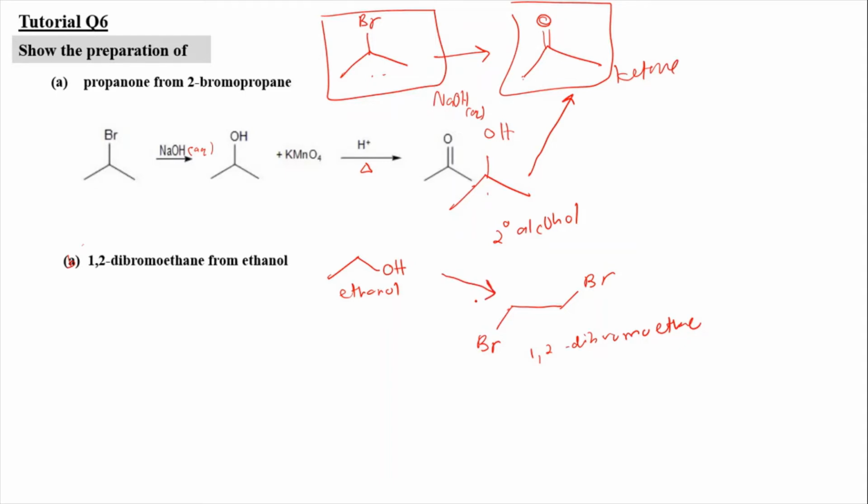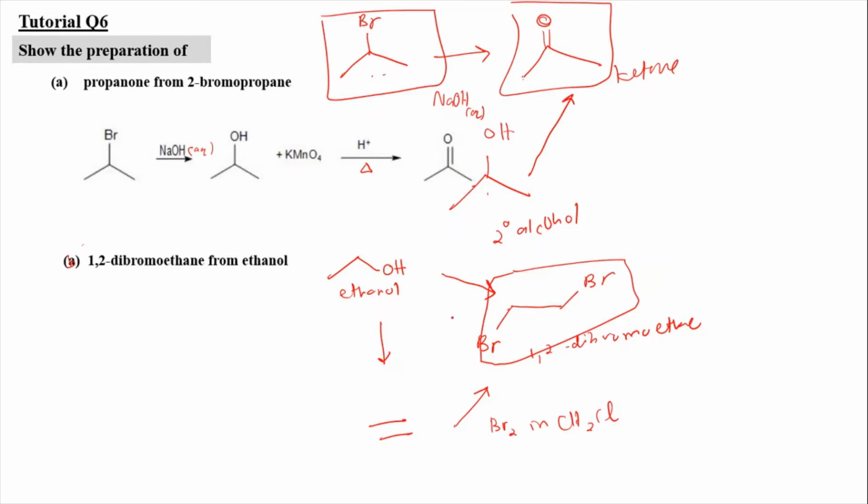Okay, so in order for me to synthesize this product, what I'm going to do is that first I'm going to dehydrate it, so undergo dehydration so that I can get my alkene, and from my alkene I'm going to react it with the bromine in CH2Cl2, which is in a solvent of dichloromethane, so that Br can attach that side, and Br can also be attaching on the other side. Okay,